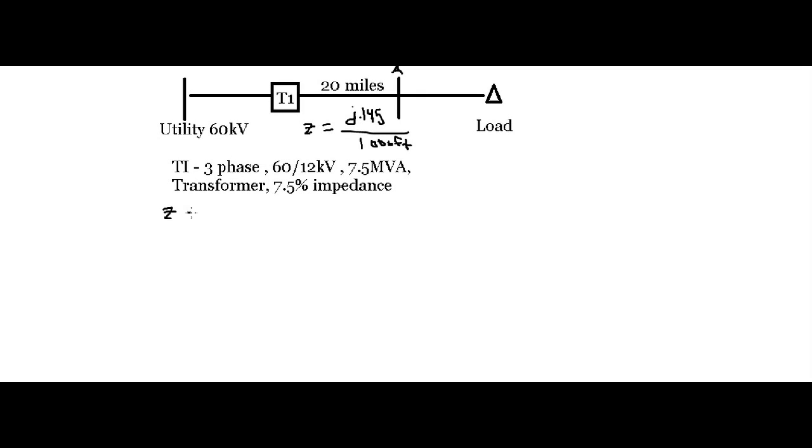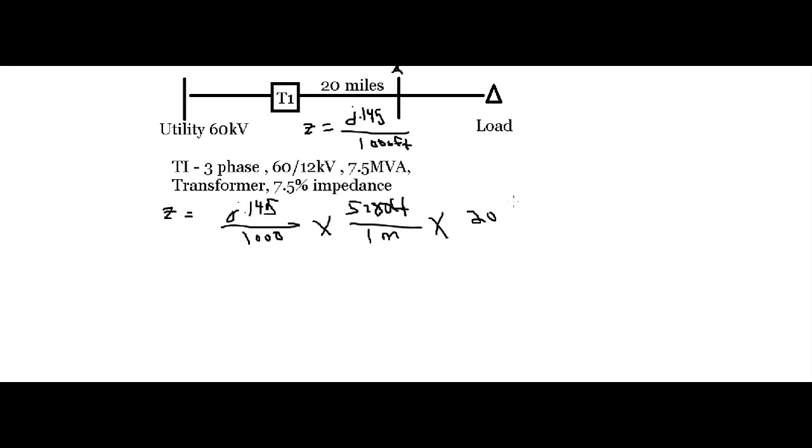So the first thing that I did was calculate the total impedance for the line. That will end up being j 0.145 divided by 1,000, multiplied by 5280 feet